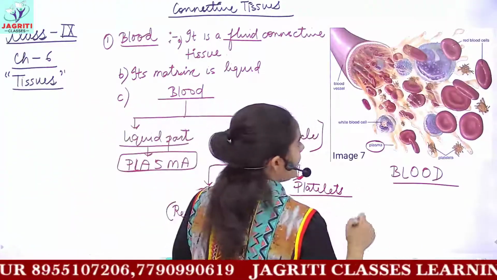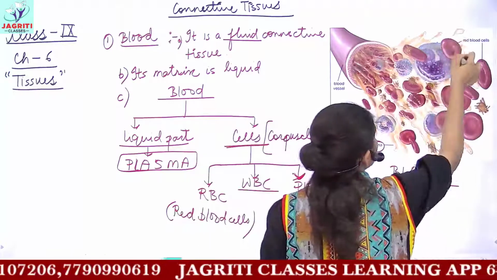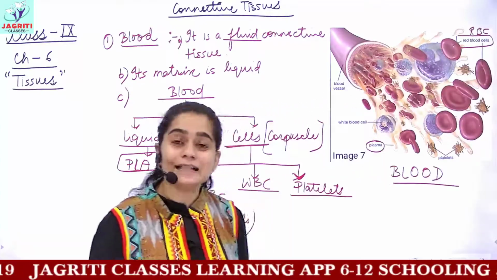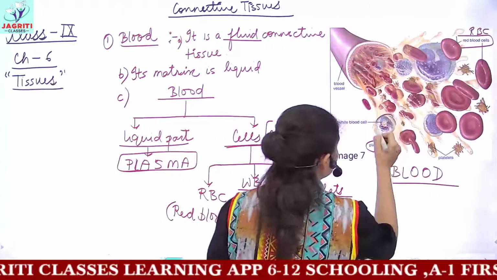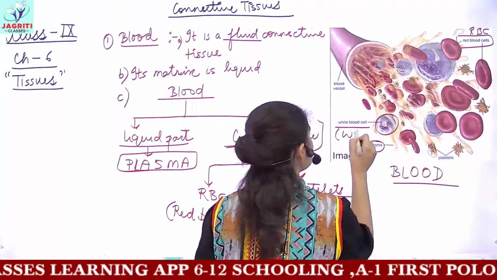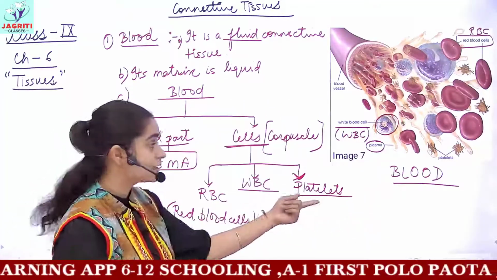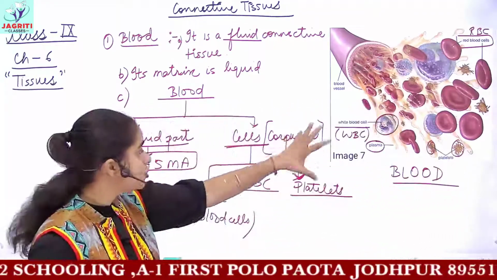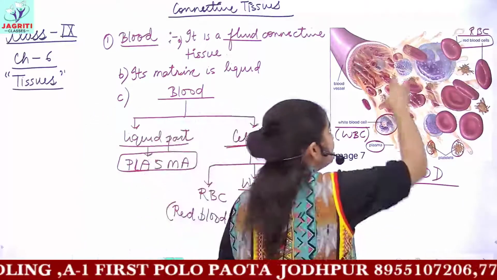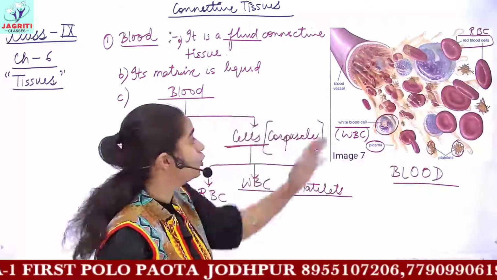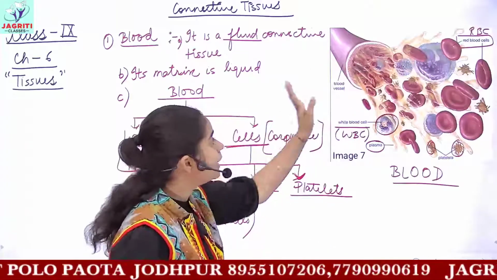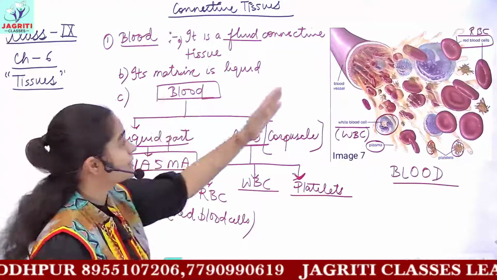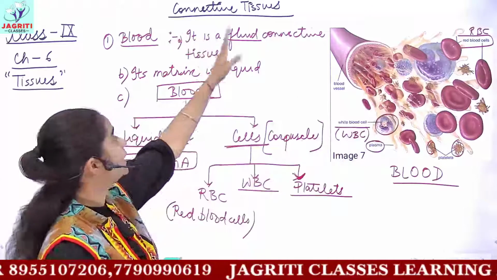And next you can see these spherical red structures. These are your red blood cells, that means these are the RBCs present in the blood. Next you have these structures which are called white blood cells, or WBC. And the next, that is platelets. See these structures. These are the platelets. So all these cells are suspended in your plasma, that is, they float in the plasma. And plasma along with all these three cells are referred to by a common name, that is blood. So this is the composition of your blood, that is your fluid connective tissue.